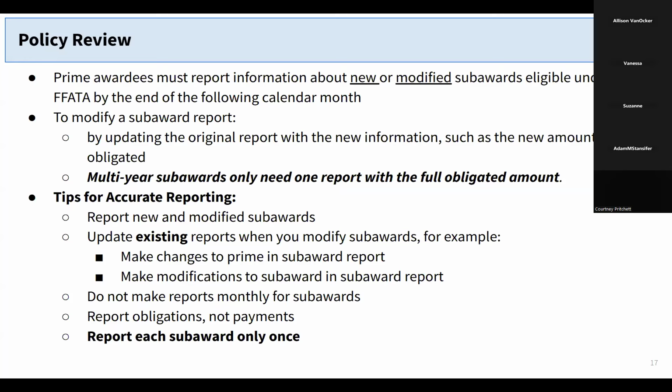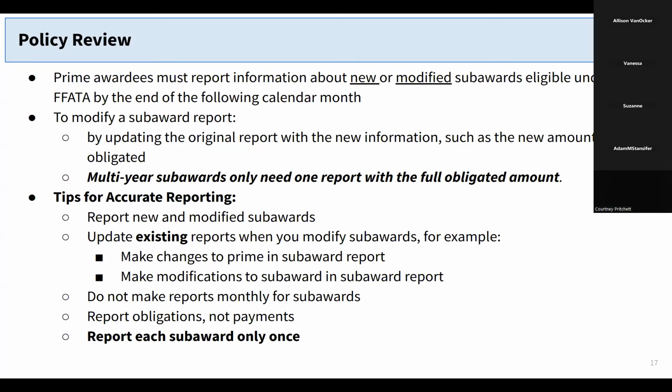If you want to modify a subaward report, you can go and update the original report with new information, such as, for example, the dollar amounts obligated, or if you need to change the place of performance. In fact, it is suggested that you update an existing report as opposed to creating a new report, because that can lead to duplicative reporting. The only time you should be reporting a brand new subaward report is if it was actually a brand new agreement between you as a prime and the subawardee. Even if it's for the same subawardee, the same UEI, if it is a new agreement, then you can create